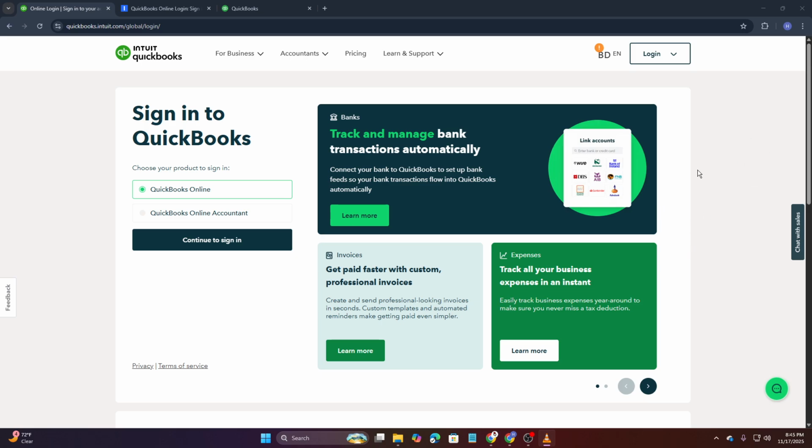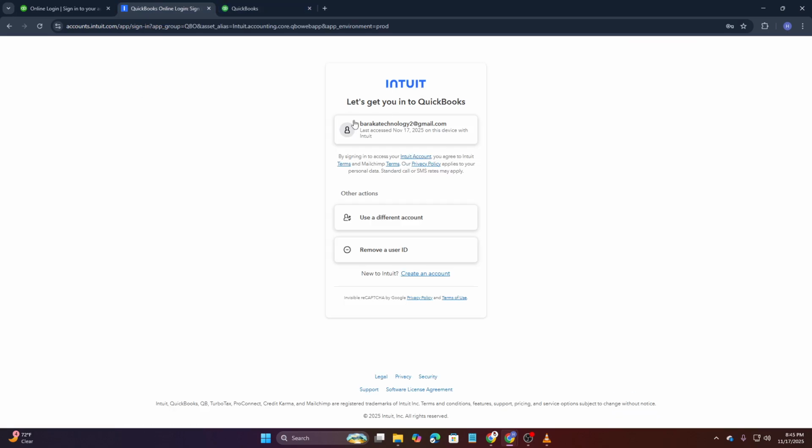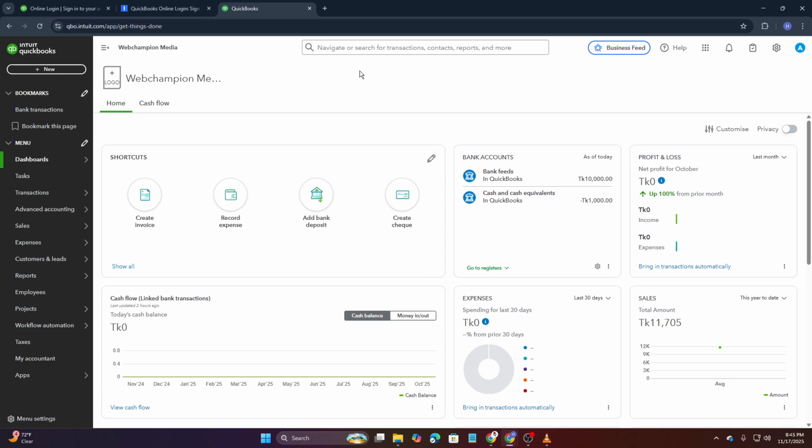First, open your preferred web browser and head over to the QuickBooks Online website. In the top right corner, you'll see the sign in button. Click that and enter your login email and password. If you can't remember your password, QuickBooks gives you the option to reset it, so no stress there. Once your credentials are in, hit sign in again and you'll land on your QuickBooks Online dashboard, the central hub